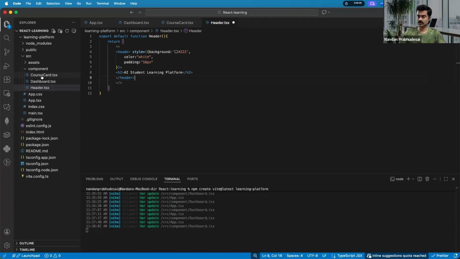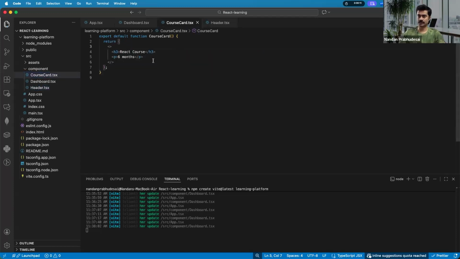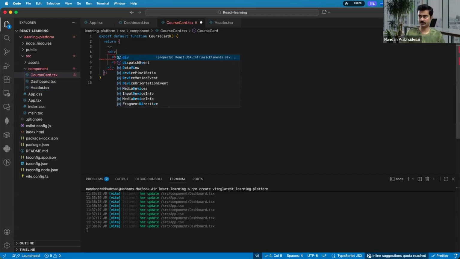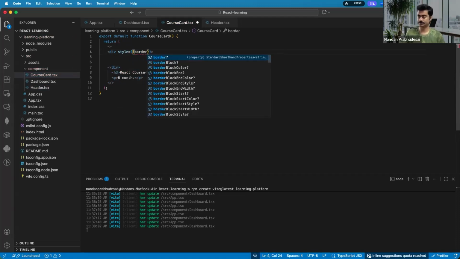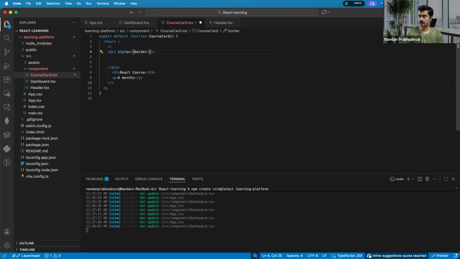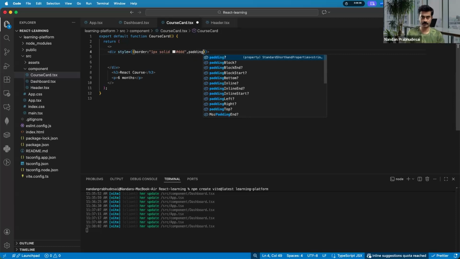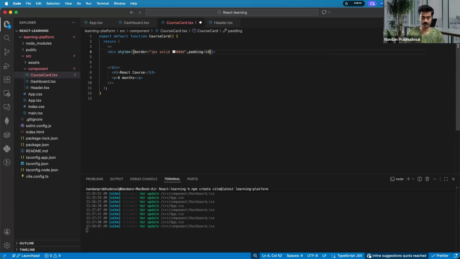So we have defined this course card component over here. So we have the basic structure. Now what we'll do is we'll return a div. Let's also style it. Let's add inline styling over here. We'll say a border of 1px solid, this color. We will say padding of 14px,